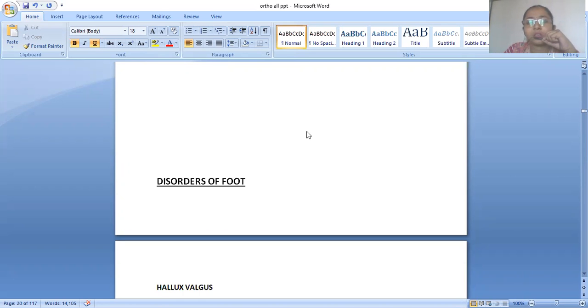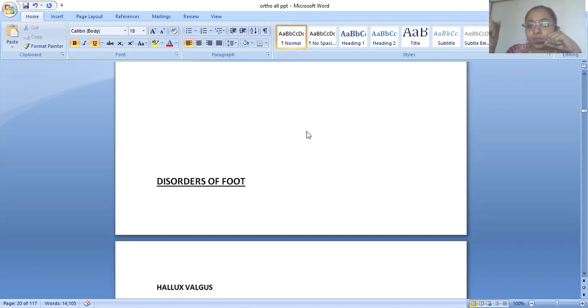The foot is a complex structure. It has the talus bone, calcaneal bone, then the tarsals, metatarsals, the toes, and all types of muscles around there, the muscles which pass through the leg and are inserted at the foot, the different ligaments, intertarsal ligaments, and many nerve supplies like the branching of the tibial nerve, then the peroneal nerve. So this is all about the anatomy of the foot.